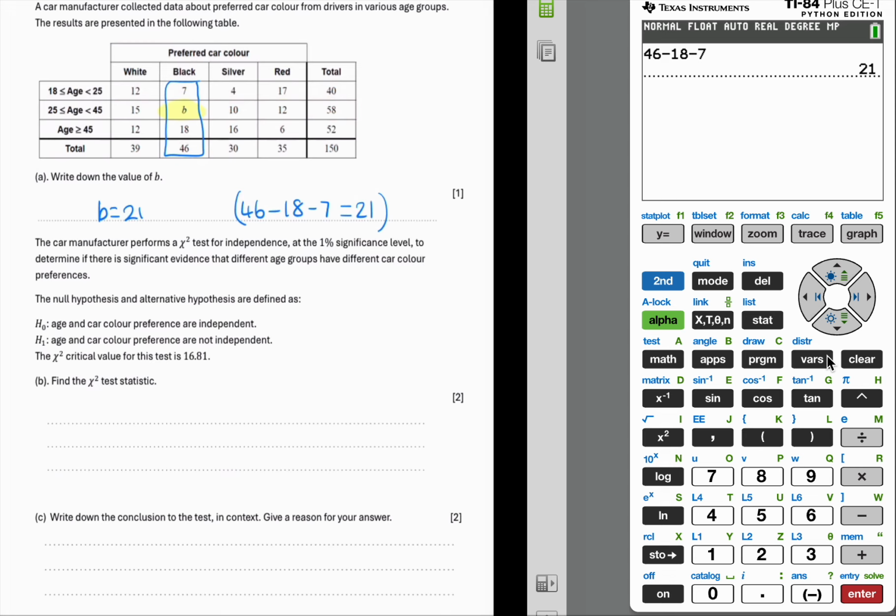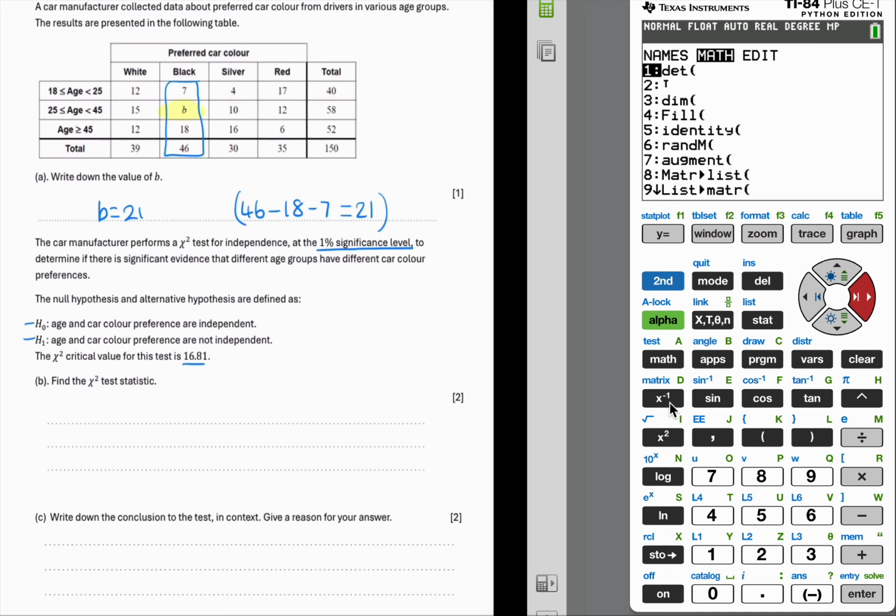So it says the car manufacturer performs a chi-squared test for independence at a 1% significance level to determine whether there's evidence that the colour of the car and the age group are dependent or independent. So we have given for us this time the two hypotheses. We know that the chi-squared critical value is 16.81, and we're finding the chi-squared statistic. So to do this, with a two-way table like this sort of question, we need to go to the matrix to